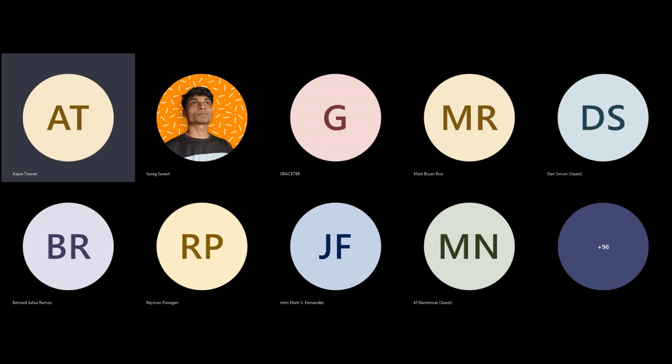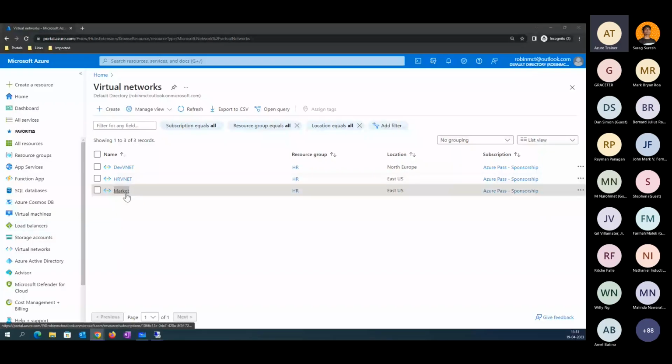Let me connect to the cloud portal here. We have two networks you can see here. One is the HR VNet and you have a market VNet also. Both are available here. Now, if you go back to the portal,